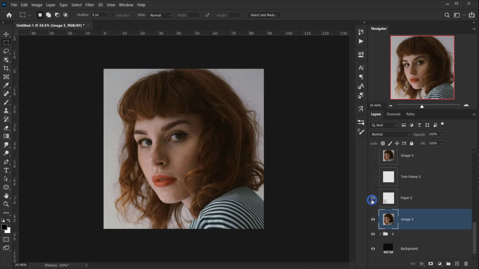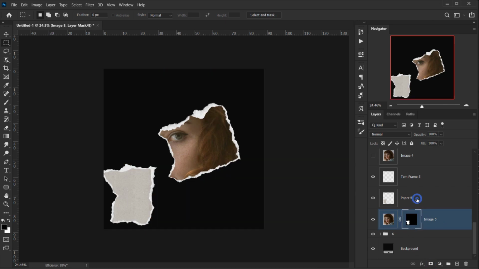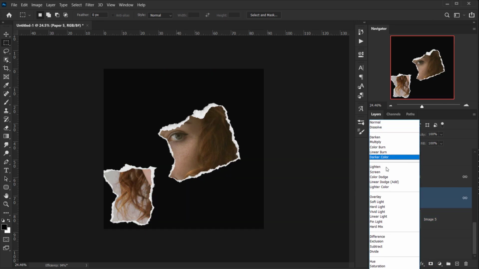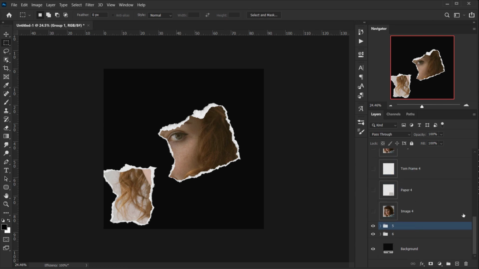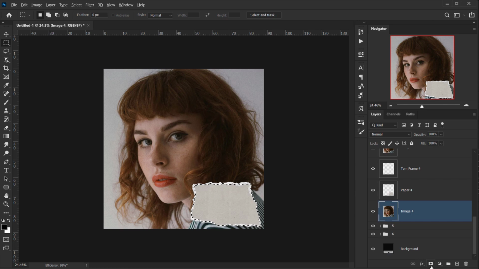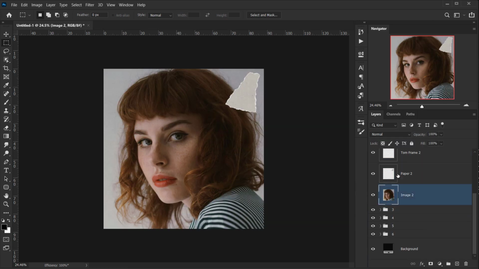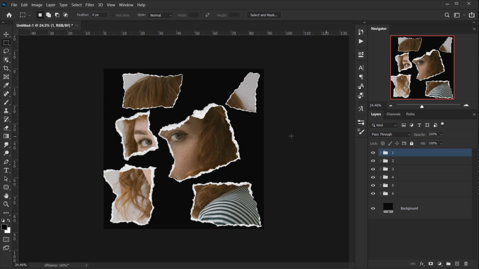Alright, now I'm going to make this visible, the 5, and I will do the same. I'm going to press Ctrl or Command and one click on this paper 5, and then apply it as a layer mask to the image 5, and again I will change the blending mode of this to soft light, and there we go. We have them set, and again I'm going to group them and call it 5, and I will keep doing the same. Alright, as you can see now we have 6 groups,